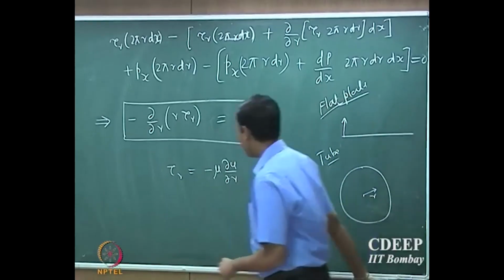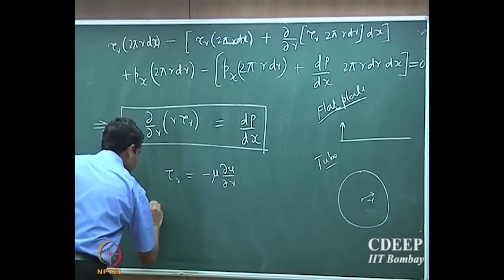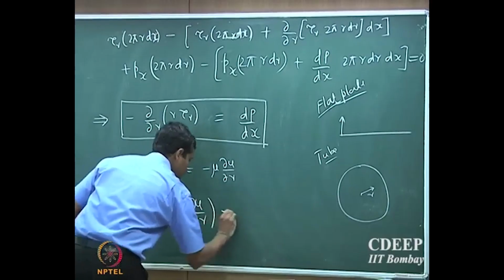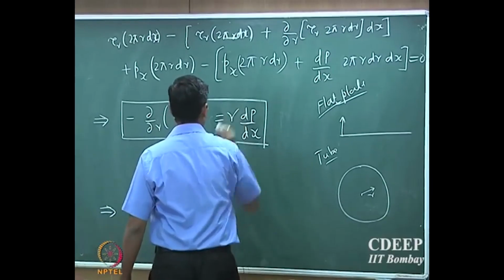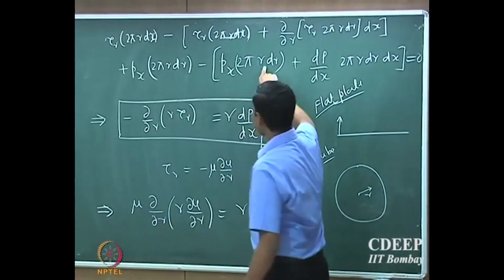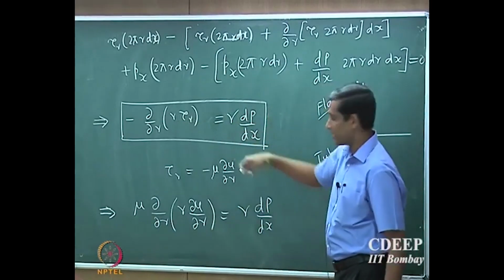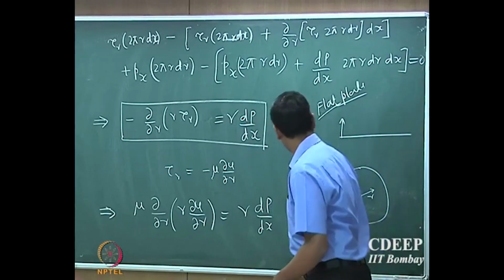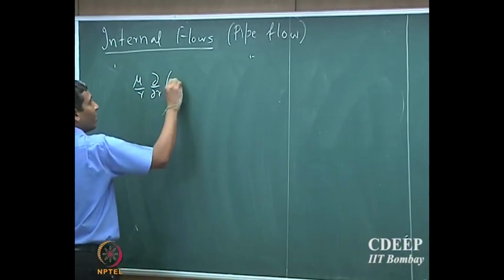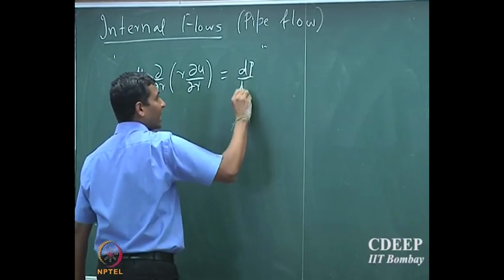Okay. So therefore, if you plug that in, it will be mu into d by dr of r du by dr equal to, oh, I forgot an r here, r dp by dx. The r doesn't cancel out because it's present inside the differential. It should be r dp by dx. Please correct it. Okay. So mu by r d by dr into r du by dr equal to dp by dx. So that gives you